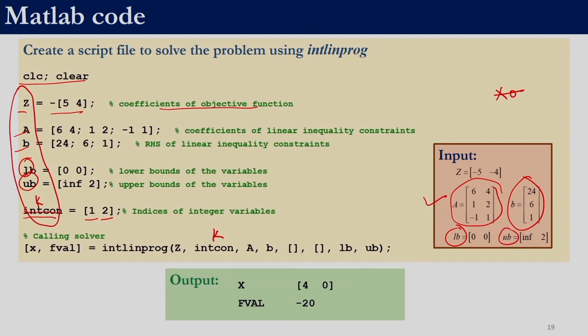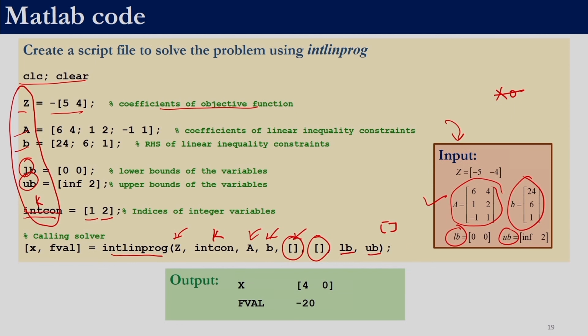So far we have defined the necessary variables which can help us to define our problem, right? Now we are solving it with intlinprog. For intlinprog we need to provide z, intcon or k, A, b. We do not have any equality constraint, right? So both of these would be empty brackets, right? And then we need to give the lower bound and the upper bound. Beyond the upper bound we don't need to give anything, since we do not have an initial guess in this case, so we don't need to give empty brackets, because beyond ub we are not using anything, right?